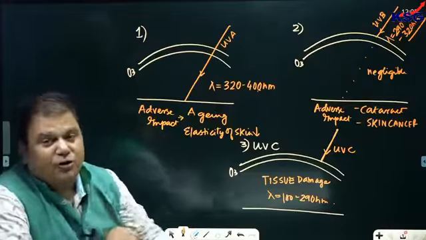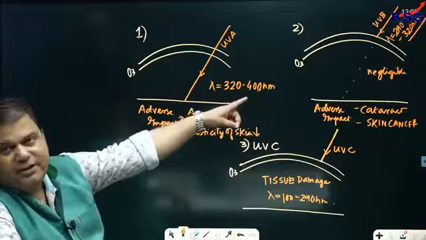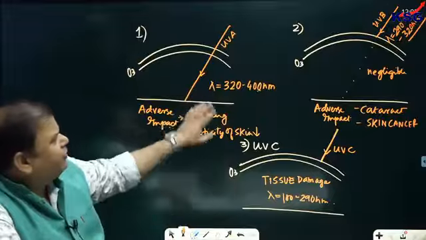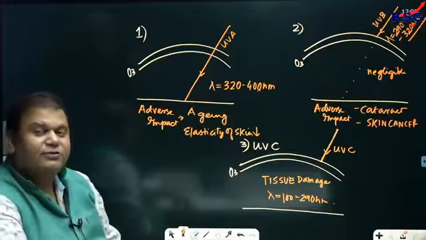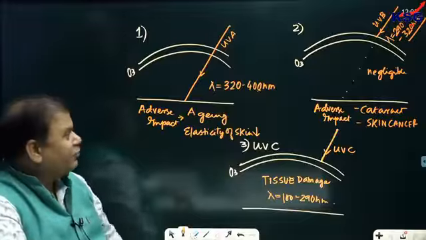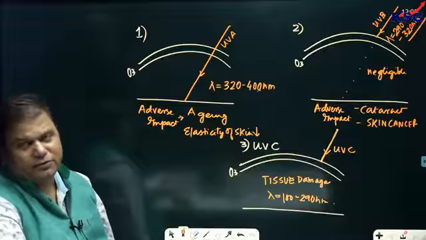In the limelight of depleting ozone layer, it would be UVB. Why? UVC does not reach the surface of the earth and UVA naturally reaches the surface of the earth. And if a question is asked which UV radiation would be obstructed due to ozone layer, it would be B and C both.